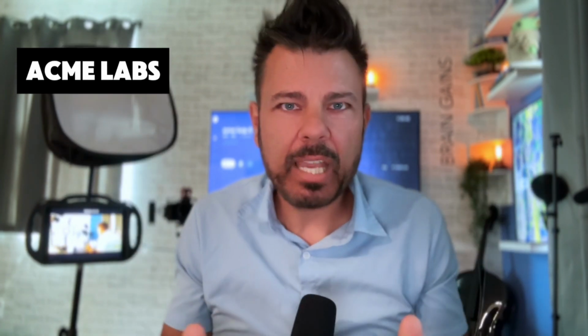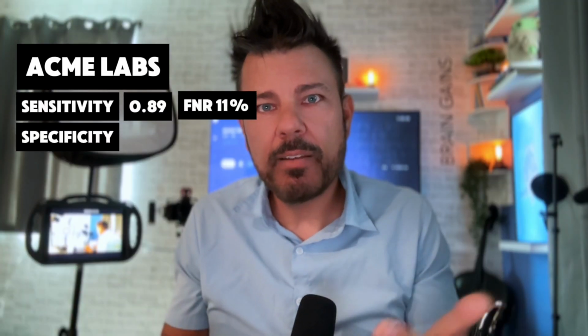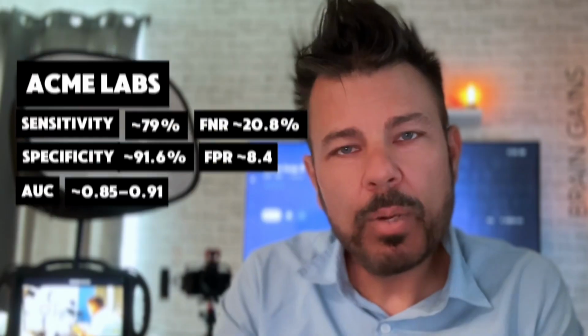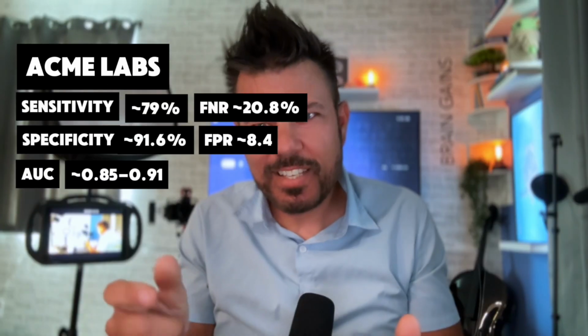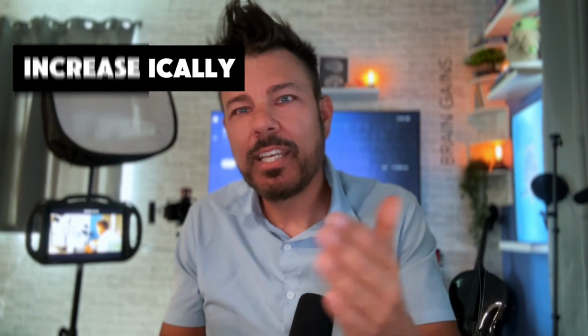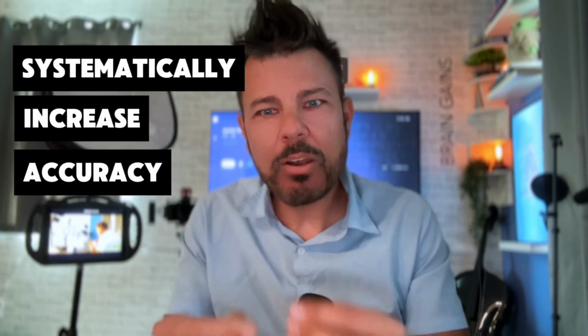For example, let's say you have a beta amyloid test from, let's just say, Acme Labs. It has a sensitivity rate of 0.89, a specificity rate of 0.71, and an AUC of 0.82. So accuracy of roughly 82%, which is on the lower side of most of the tests on the market today. But when you add a second annual test, statistically, the accuracy of that 82% jumps to 91%. This means without tau testing, a routine beta amyloid test alone systematically increases accuracy, a far better approach than waiting